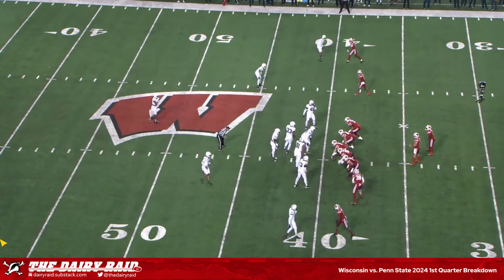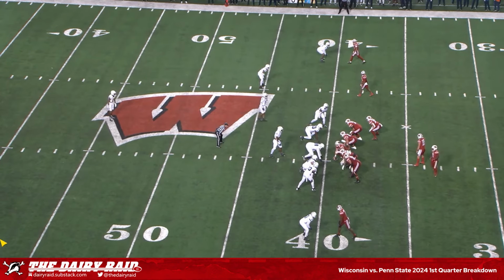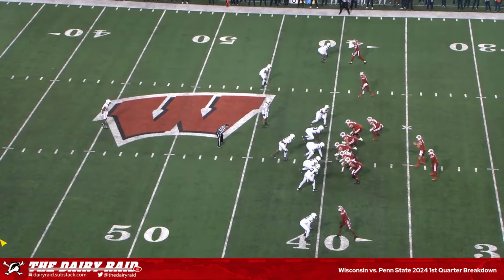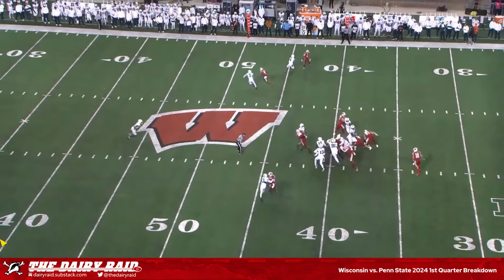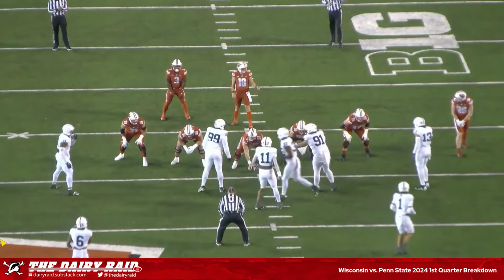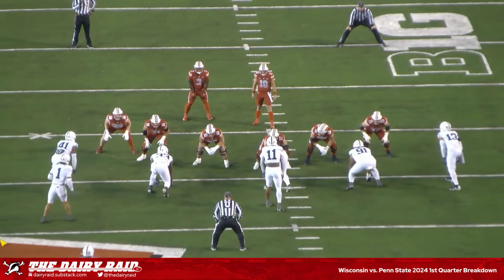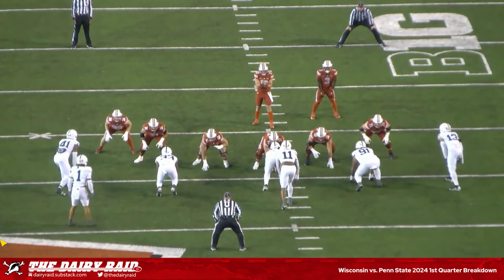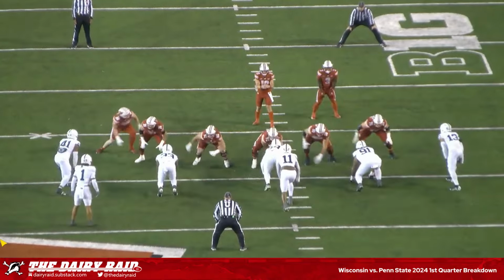All right, so 2nd and 10. By 2, motion by 1. Flip in the back. Split float. Okay, so Penn State is showing a tight look, but they're using their base personnel, the base nickel personnel. Where's this will come from? All right, so